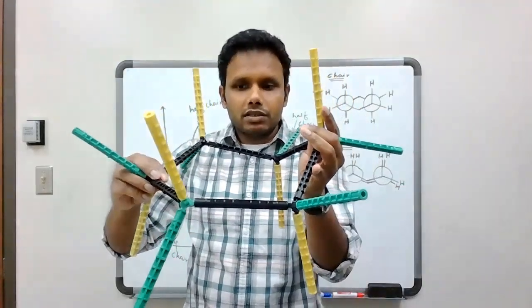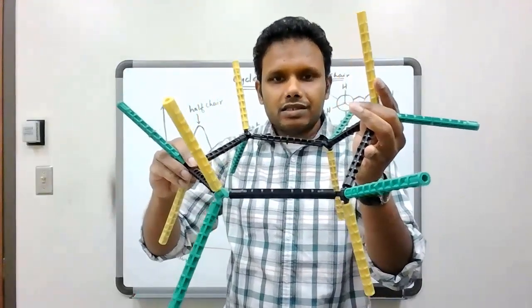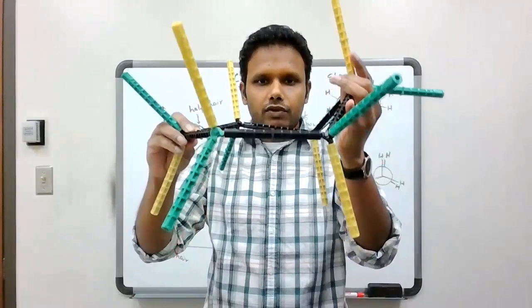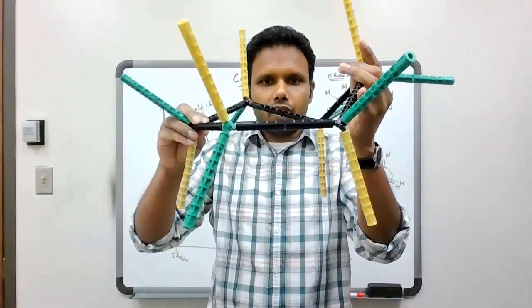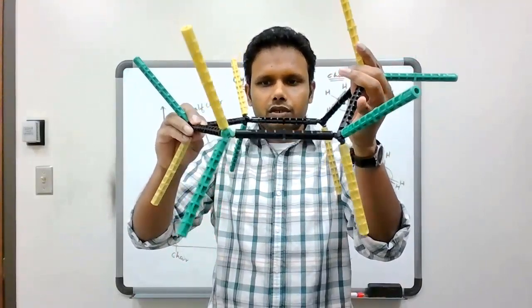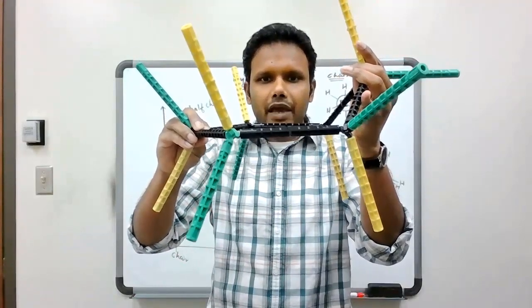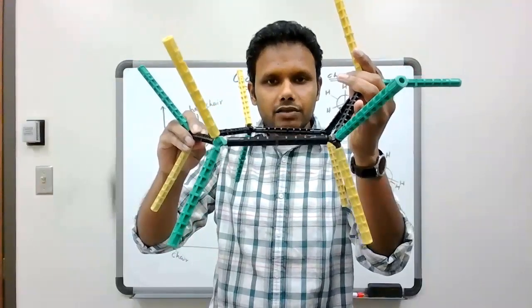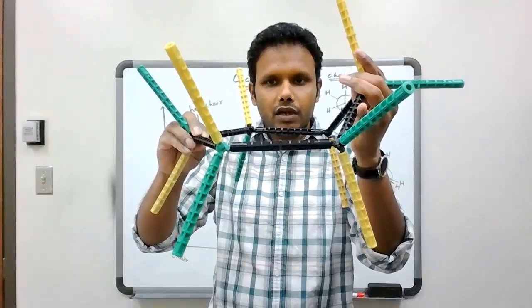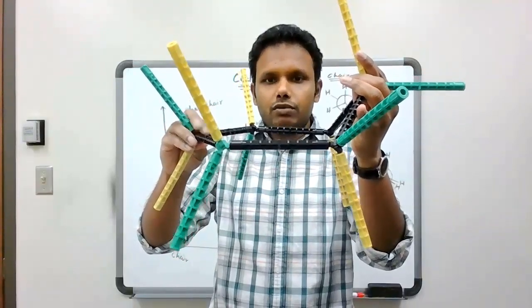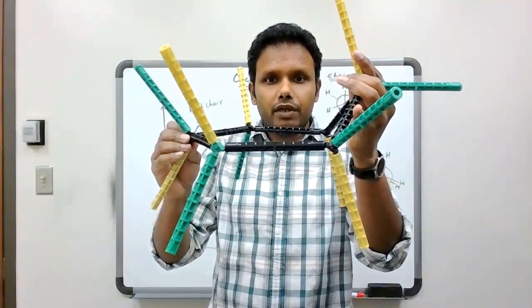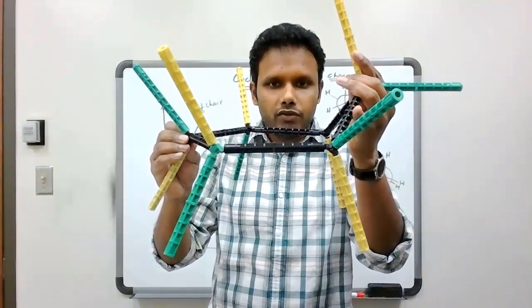And what that means is it's going to create some angle strain for the half chair conformation. So there's some angle strain in the half chair conformation, which makes it less stable compared to the chair conformation,